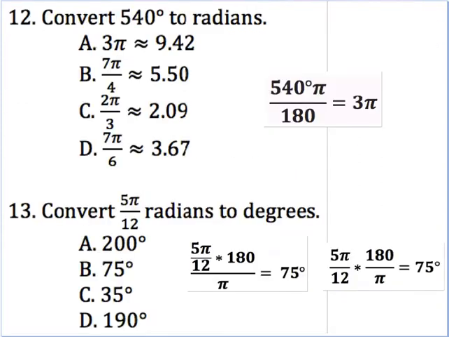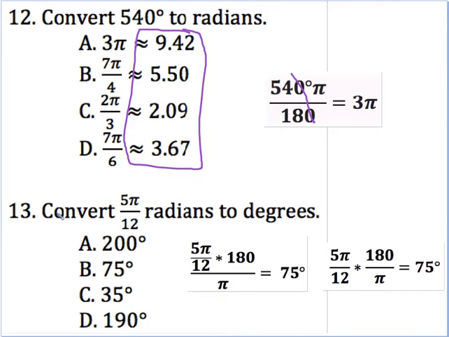Okay. This one, you're just converting between degrees and radians. Super easy, at least it should be. You have 540 degrees, times it by pi, divide by 180. Remember, we do not get rid of our pi when we're converting into radians. We're just reducing that. 54 divided by 18 equals 3, and so we have 3 pi there. Okay. I was super nice with this. I went ahead, and if you included pi in your fraction,